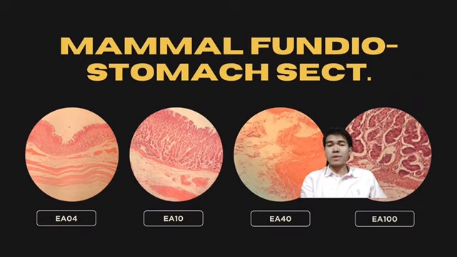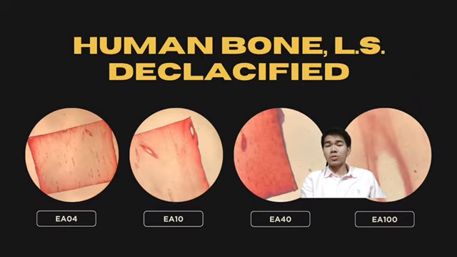It is characterized by pinkish to purples made out of epithelial cells. Long elongated hair-like structures are observed, held by a basement membrane. It has a marble-like appearance on the longitudinal section. Then the third one is the human bone, decalcified. It has a light beige to pinkish color on the longitudinal section of the decalcified human bone, emphasizing organic components like